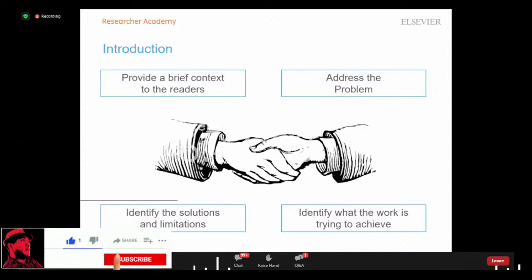The introduction is aimed to provide the context for your manuscript and to convince readers, once again, why your work advances a field of study. It's important to be concise, so don't say anything more. Don't say something in 5 sentences that you can say in 1 sentence. And yeah, it's really important